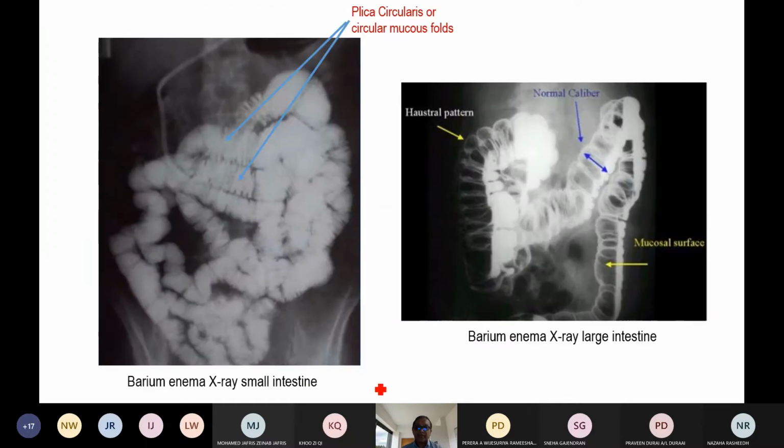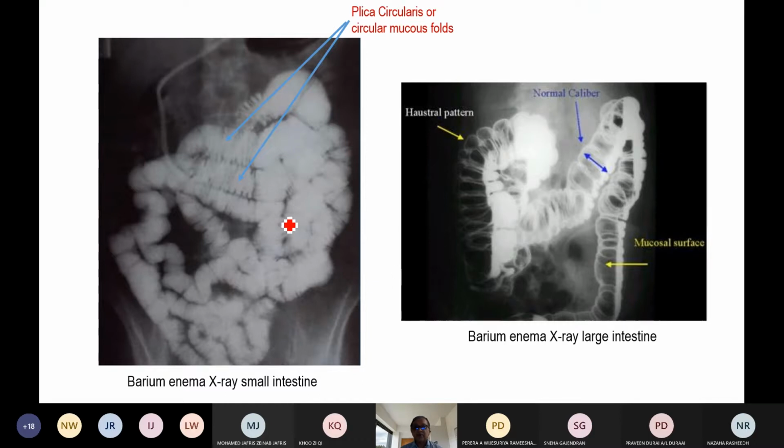Now, when you look at barium, what is barium? Barium is actually a contrast material. Enema means you put it in an injectable form through the anus, and by pressure it will go up. And swallow or barium meal means the patient actually swallows it through the mouth. So in this barium enema, the barium has gone through the large intestine and is going into the small intestine. In barium enema, small and large, you can see left side, right side, quite distinctive.